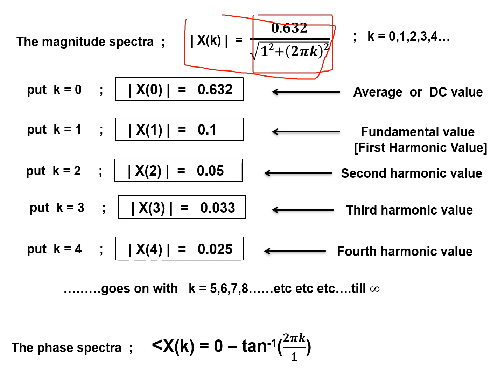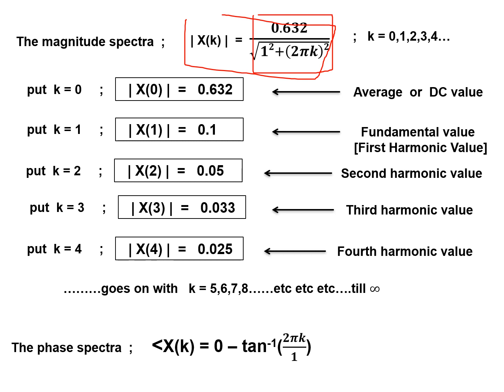Once again, you can see the phase spectra is a function of k. For all different frequencies starting from 0 hertz, the DC value, you can calculate the angle. If you put in the value of k as 0, 1, 2, 3, 4, etc. up to infinity, you will get all the phase angles of the harmonic components, that is, the starting phase angles. So you can draw the phase spectra. Because the signal was neither even nor odd, it also has phase spectra.